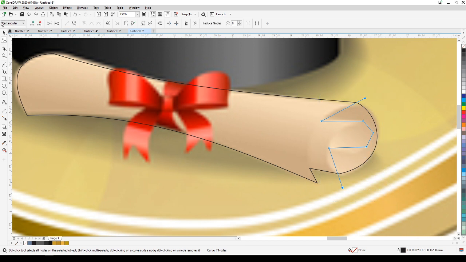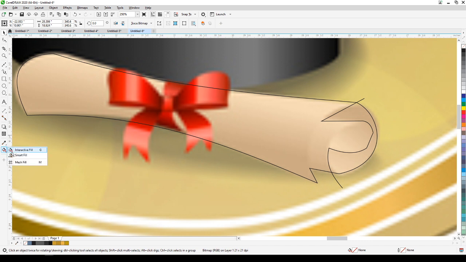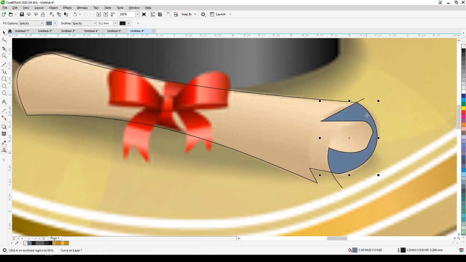Select all of these and then curve, because I know this is a curve like that. It's a curve, and this one's a curve. Okay, that is fine, and I'm going to smart fill this,